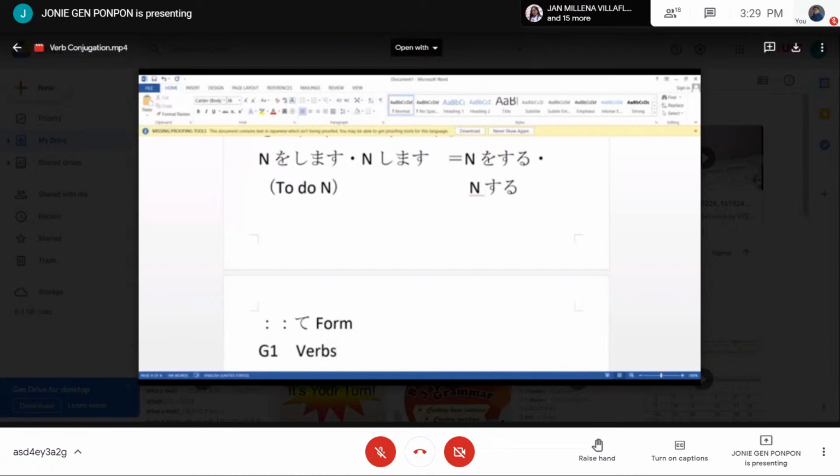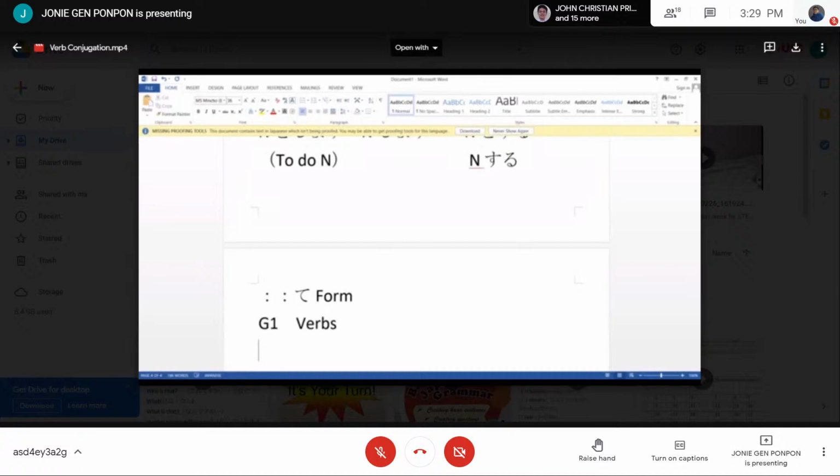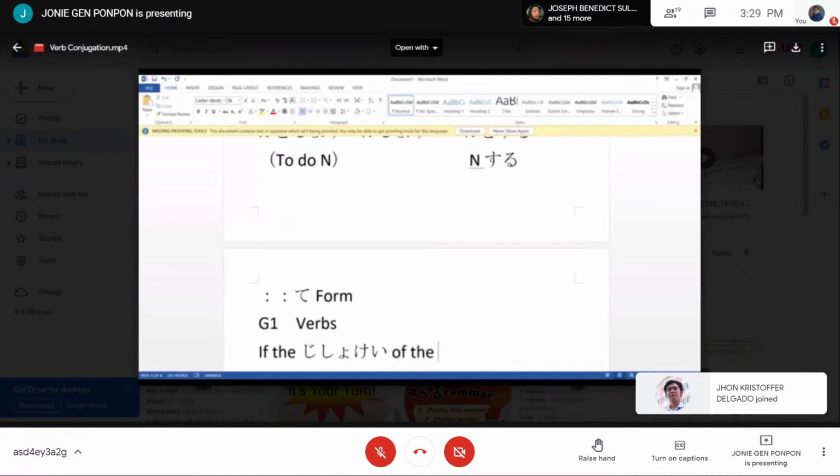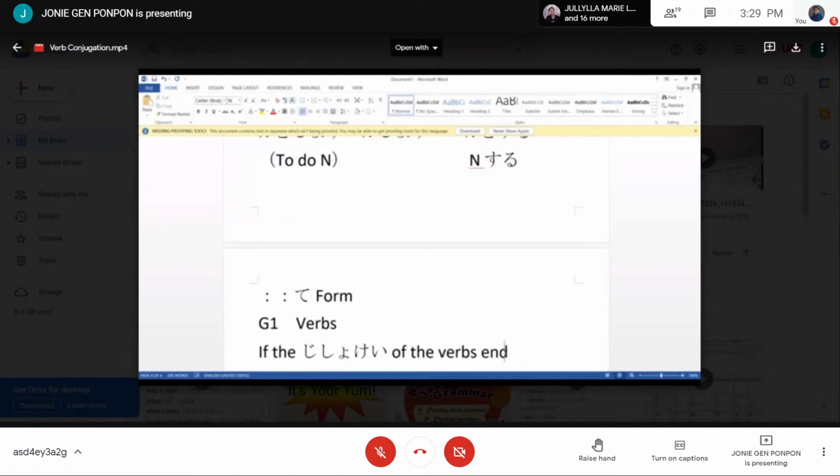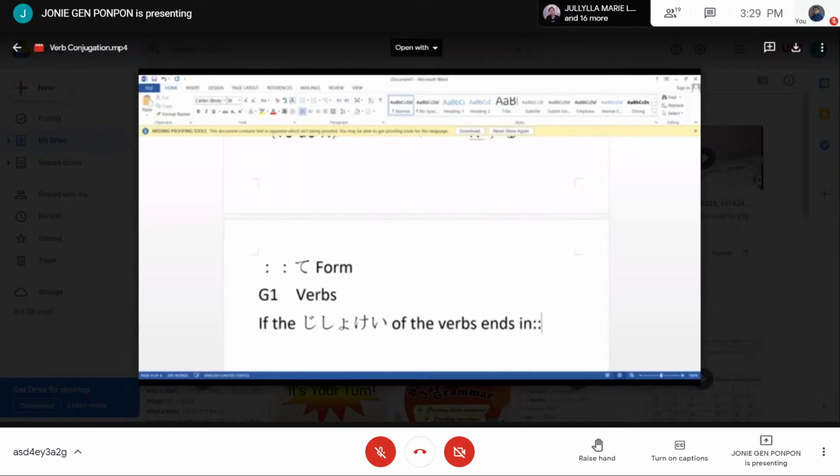So for group 1 verbs, this is the rule: if the jishuke of the verb ends in the u sound, the tsu sound, or the ru sound,